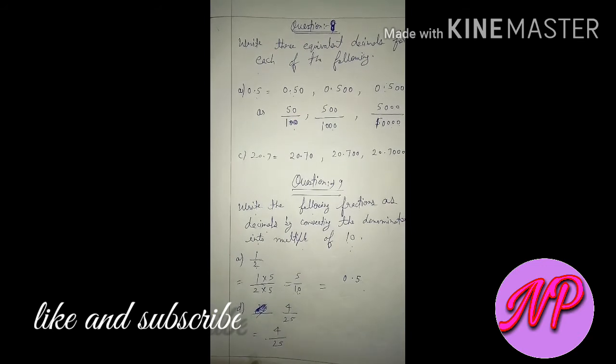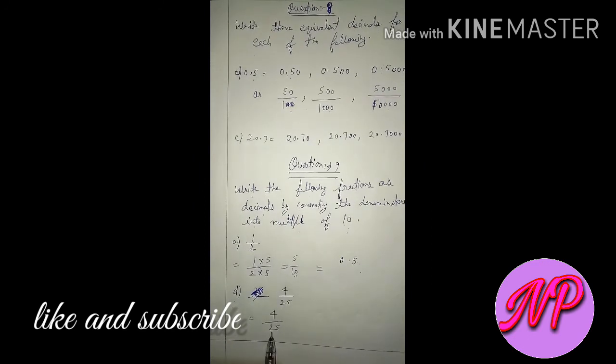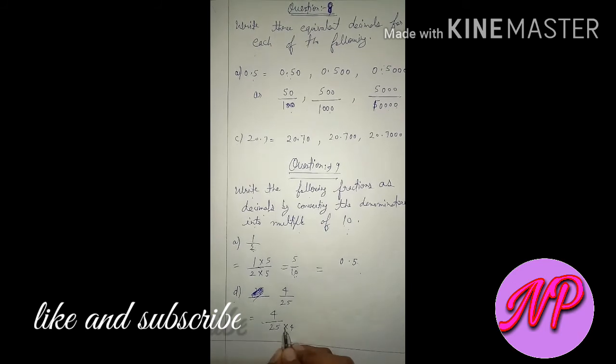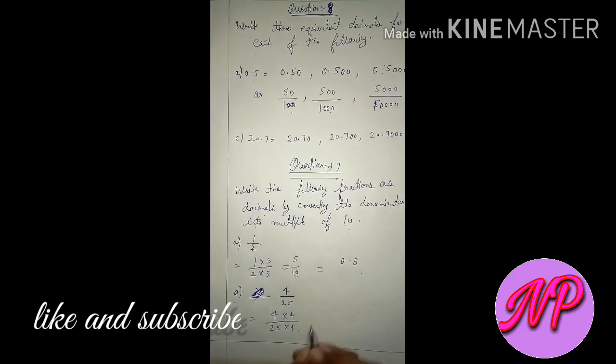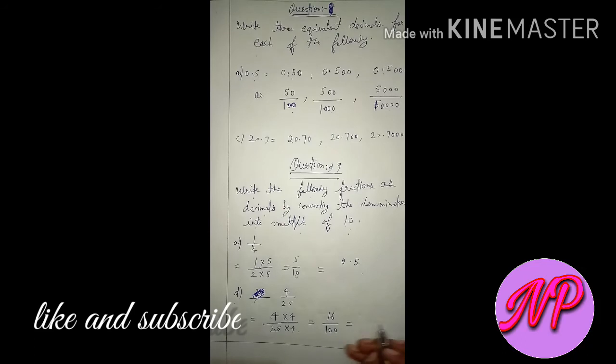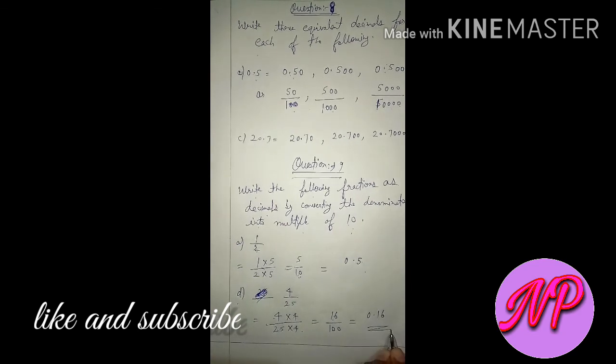Now you will make the denominator a multiple of 10, and you know by which digit you will multiply 25 to make a multiple of 10. We will multiply 25 by 4. So you will multiply the numerator and denominator both by 4. Now 4 fours are 16 and 25 fours are 100. Now you can easily convert this into a decimal. Firstly write the numerator 16, and after that remove the denominator: how many zeros are there? 1, 2. You will put the decimal to the right side of the 2 digits, 1 2 here, and then 0.16. This is the answer. Okay, so now your exercise is completed. Solve this exercise.